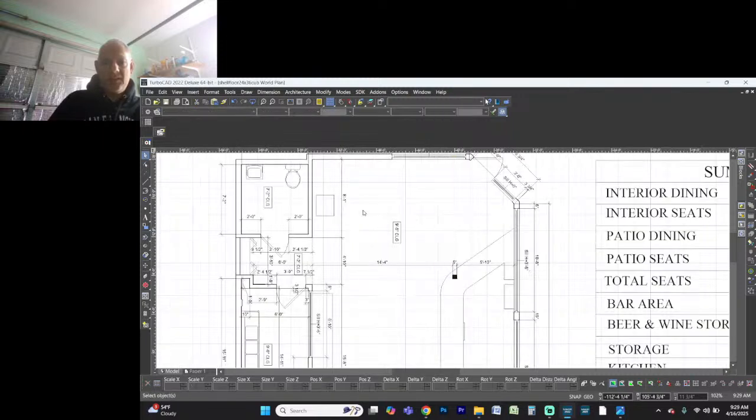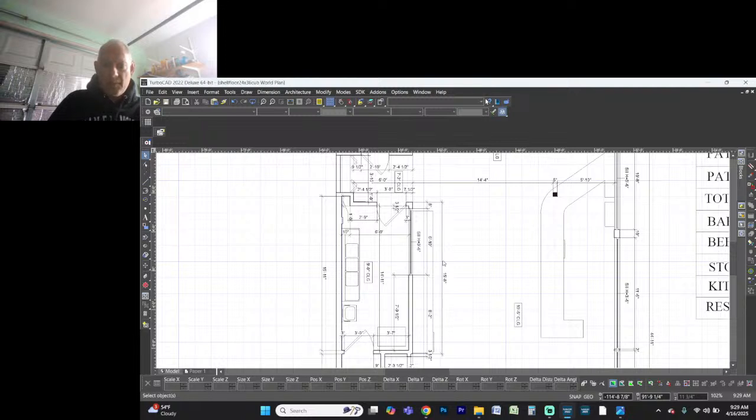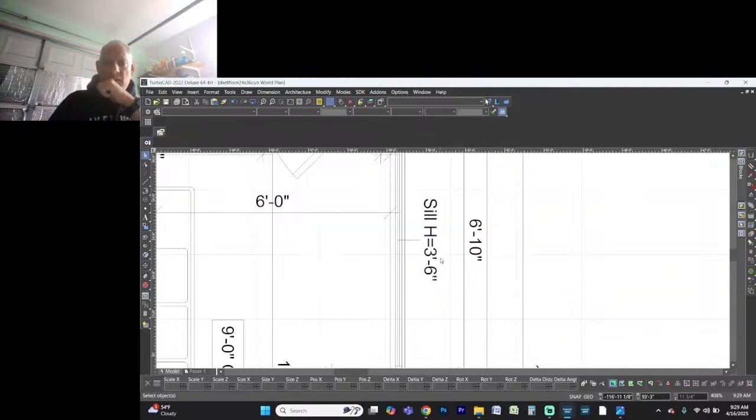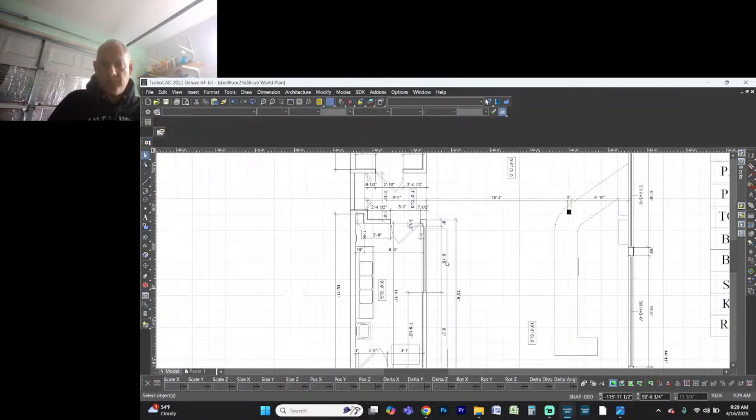So you get rid of any interior dimensions. You don't need them. You definitely don't need windowsill heights. Get rid of all interior dimensions,